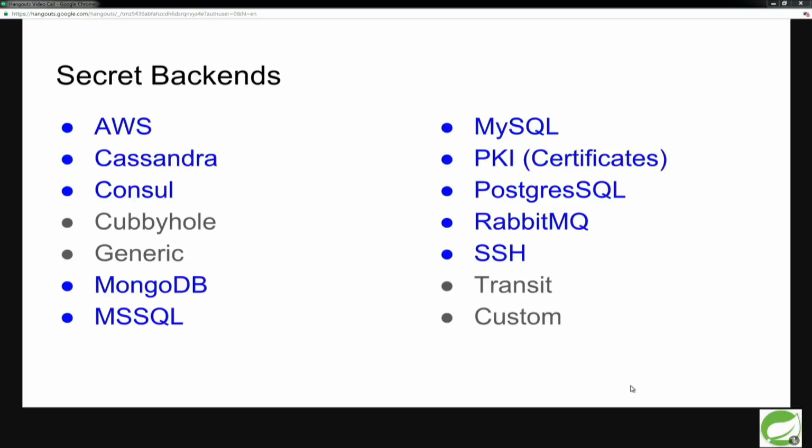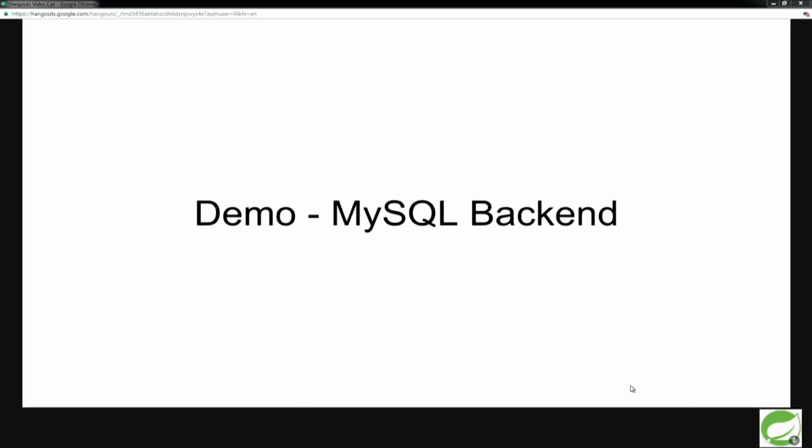So that's a really nice thing to know. And then you can also unmount. And if you unmount it, depending on the system that you're integrating with, some of them don't support it, but it will remove all the secrets once you've unmounted it. So say you've mounted, for example, Consul. Consul is another product produced by HashiCorp. If you unmount it, it would delete all the secrets associated with that backend. So these are the ones that it's using. And now we're going to do a quick demo with MySQL.